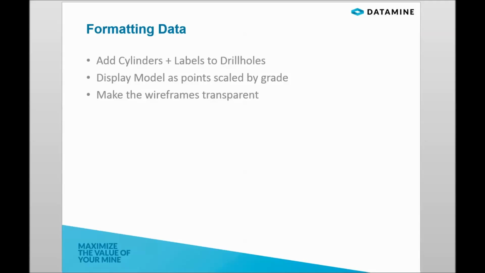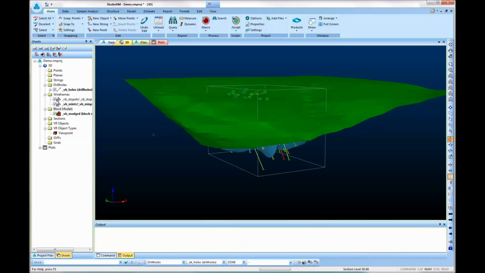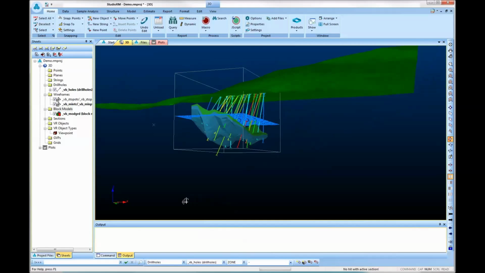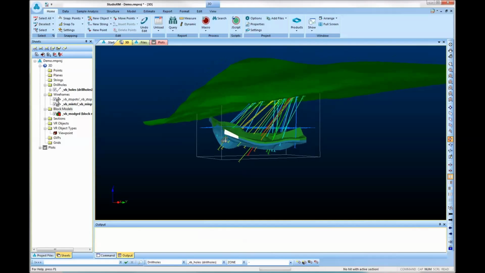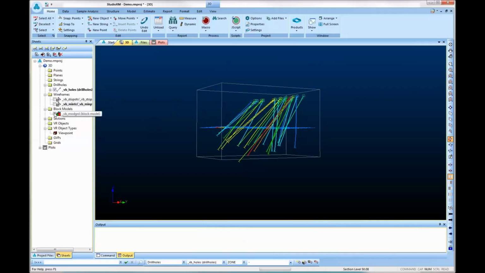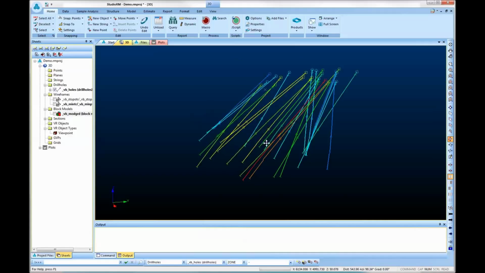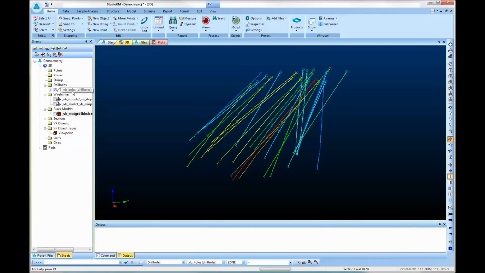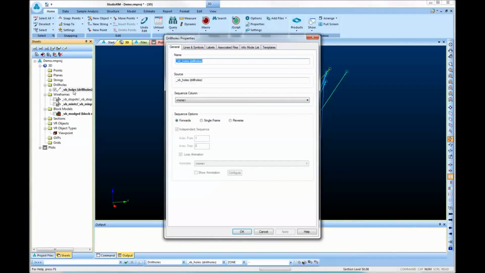So first of all, for the drill holes, I'm going to add cylinders and labels. So I'm just going to rotate the data so that I can see it, and turn off the display of the other data, and then double click on the drill holes overlay,